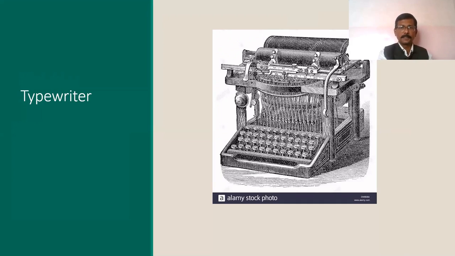What exactly was it? There was a keyboard, and each key, if you press it, has an engraved letter. That letter would be imprinted. It would strike on the ribbon, and then the ribbon would get in touch with the paper, and that letter would be printed on the paper. You have to scroll it, change to the next line. So every time manual effort was required. Type, type, type, scroll,